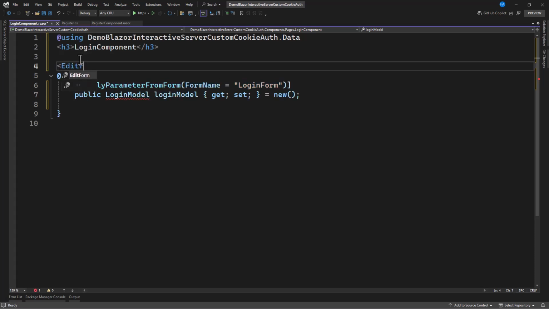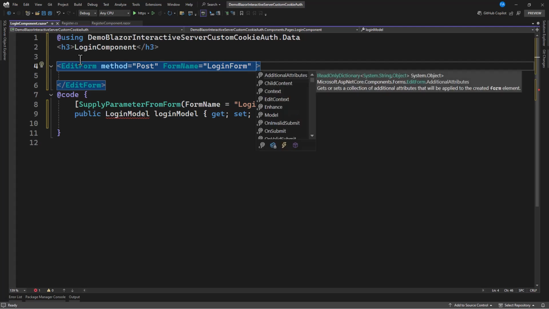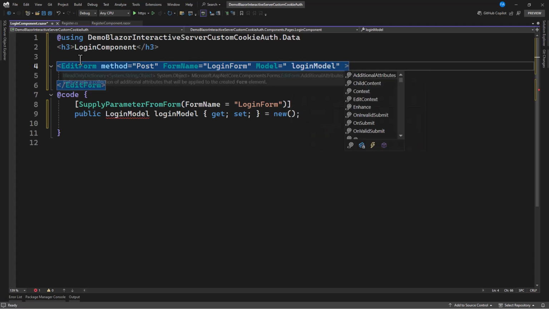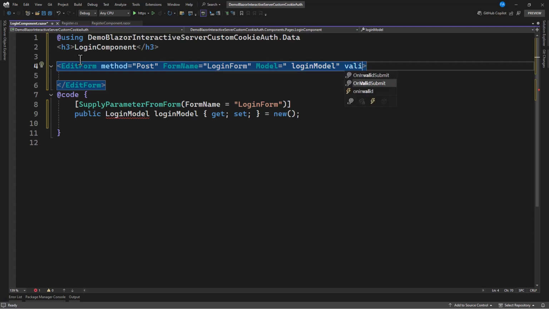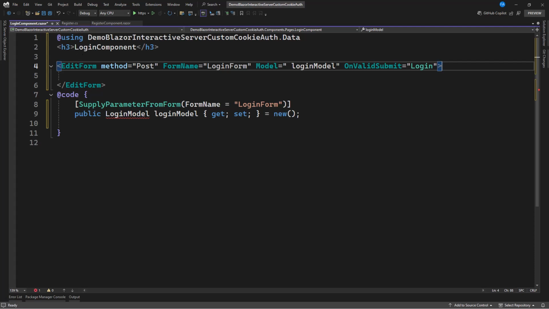Let's have our edit form. Let's have our method, that is post. We have form name, we have it already, and we have our model, that is login model. Then on valid submit, this is login. In that we need 3